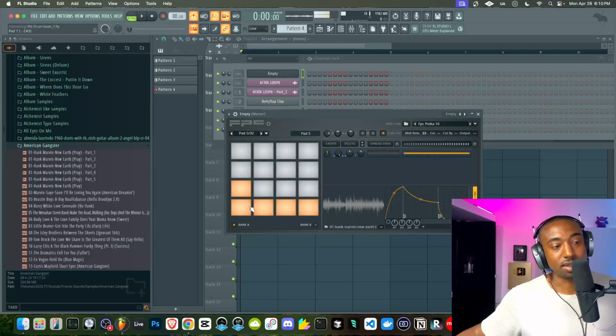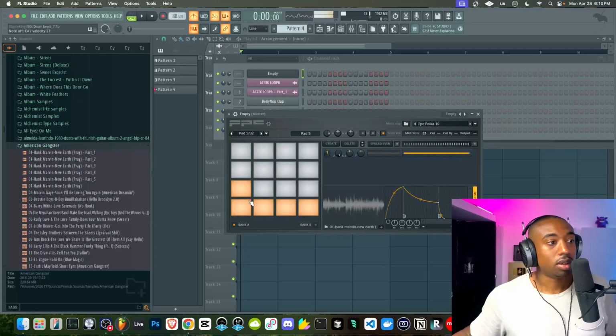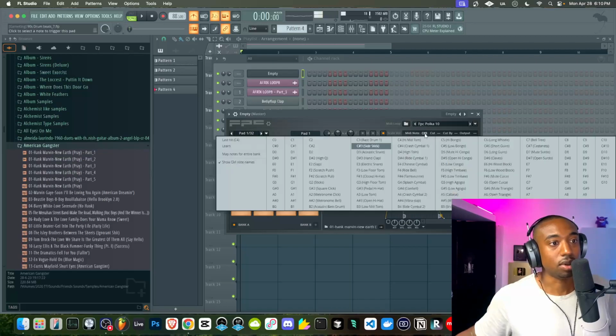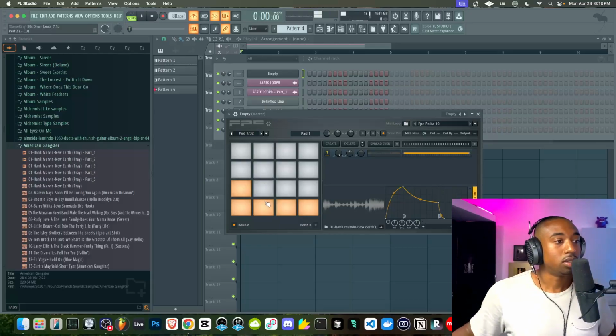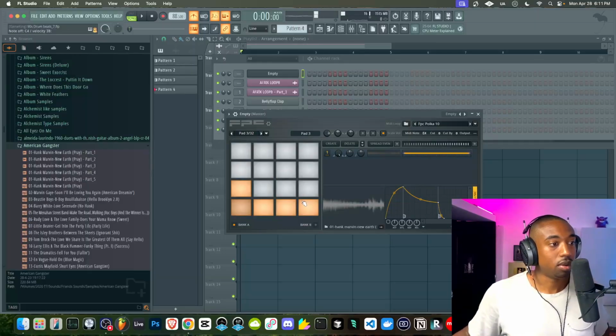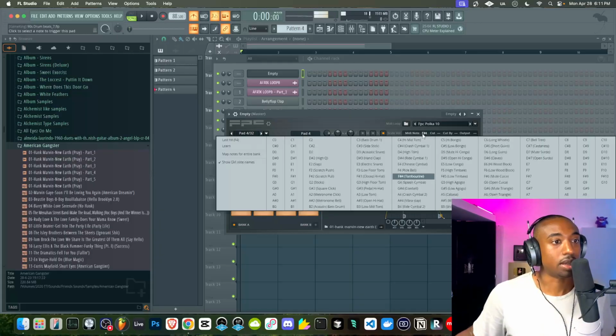We need to program FPC to actually trigger from our MIDI controller. An easy way to do this is click on a note on your MIDI controller and then hit the pad. You want to keep scale velocity on, that way it's velocity sensitive. Go to MIDI note and go to last hit, and that will be the pad's trigger. Next I'm going to do the same thing for each pad. You can do the learn mode, but I don't feel like wasting time teaching you guys all this stuff, because sometimes the learn mode messes up. So now we have, now the problem is they're overlapping, and I'll show you guys how to correct that issue.